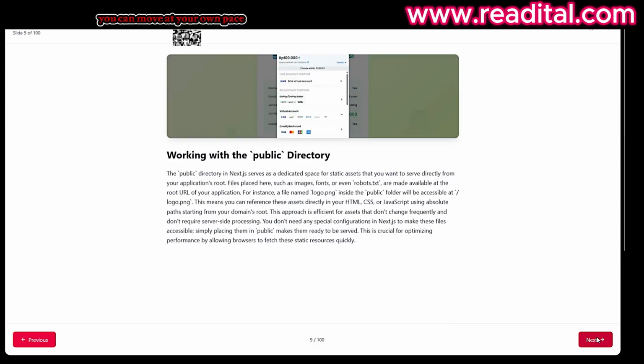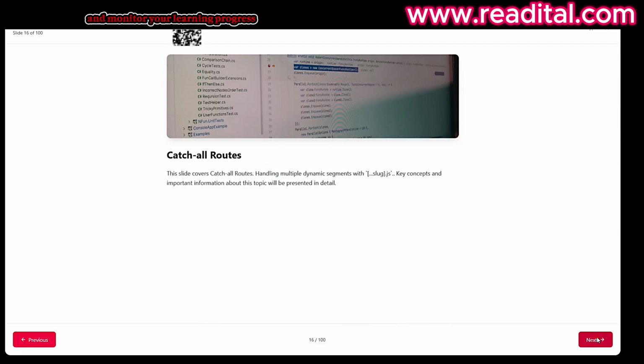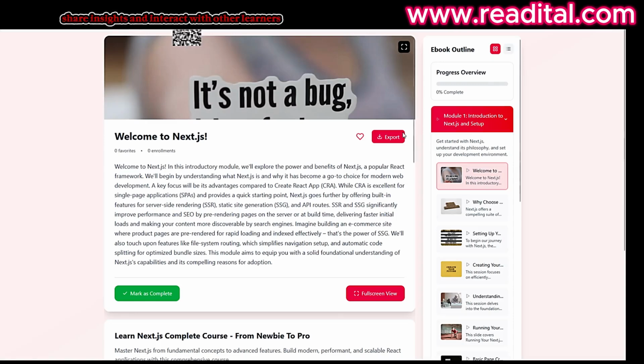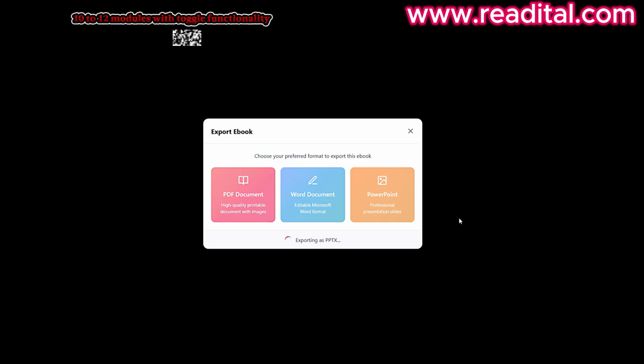You can move at your own pace, mark slides as complete once you've read them, and monitor your learning progress through built-in analytics. There's also a comment section where you can ask questions, share insights, and interact with other learners enrolled in the course. On the right side, you'll find the complete course structure, 10 to 12 modules with toggle